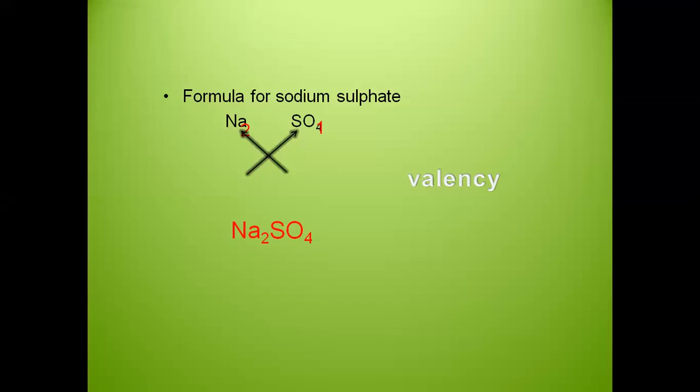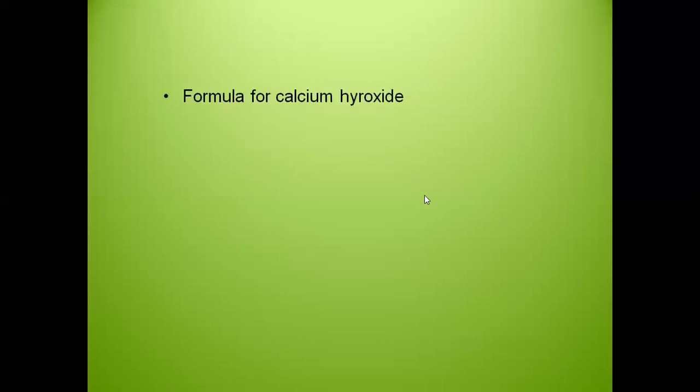Are you all ready to do the next one? Will you all try the next one? It's very interesting. You know why it's very interesting? Because we have the valency chart with us, isn't it? It will become difficult when the valency chart is not provided to you. Then you are expected to know it by heart. Today, as we are doing a lot of examples, you can see the valency chart. It will definitely be a practice for you. Come on. Try for calcium. I'm sorry, the spelling is wrong here. It's hydroxide. Please make a correction. It's calcium hydroxide.